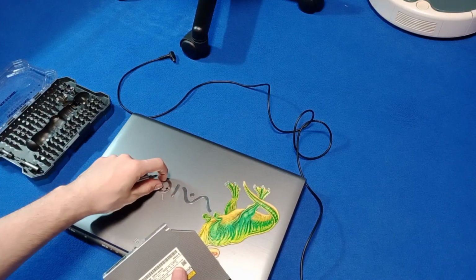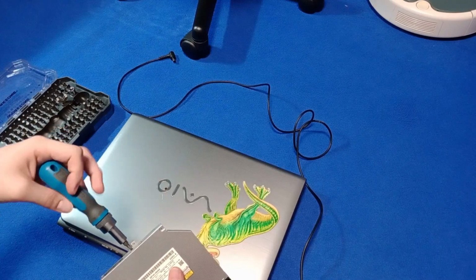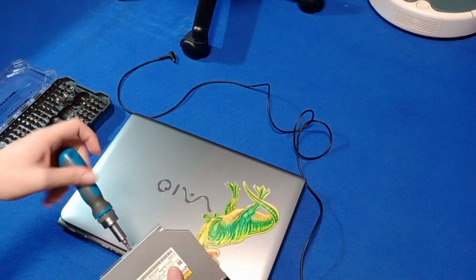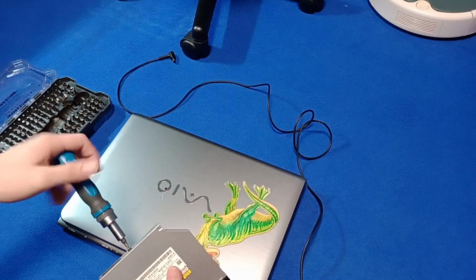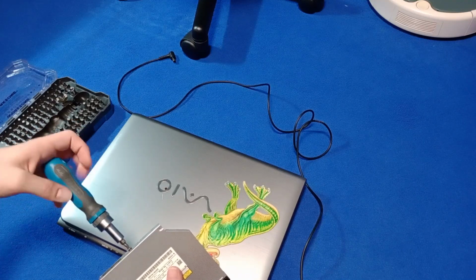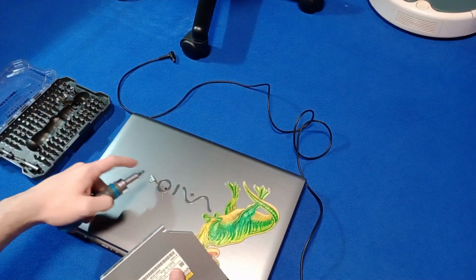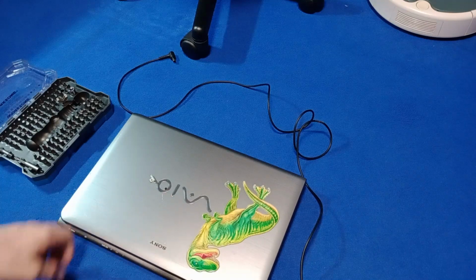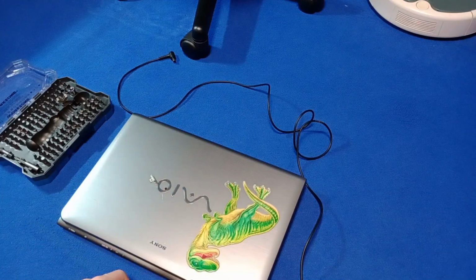Make sure we don't lose these screws. The Vaio's scratched up enough as it is. I mean, it's an old PC, so it is going to get scratched, look at the scratches. Anyway, that's not the point. The point is getting the